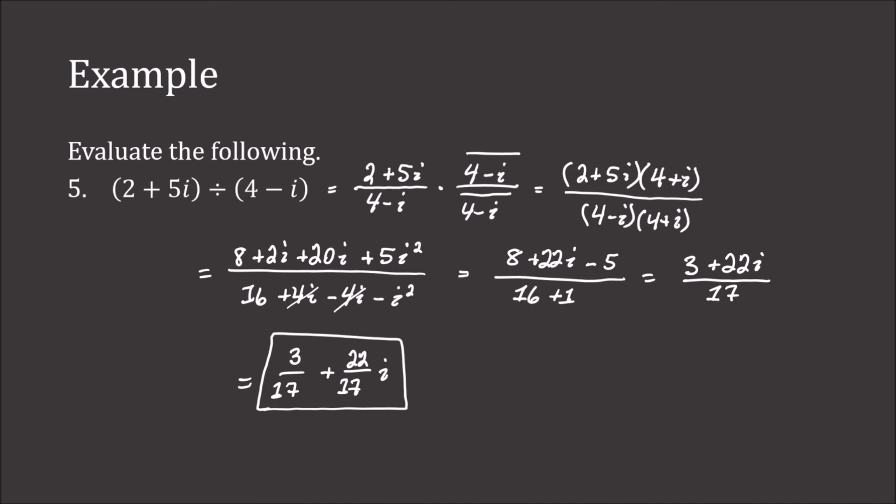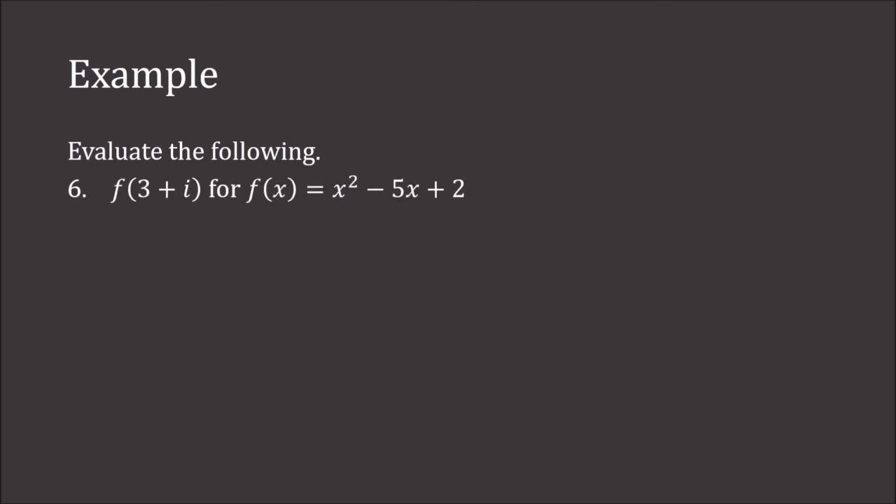We can also evaluate a function at a complex number. So let's evaluate f of x equals x squared minus 5x plus 2 at 3 plus i. So this works in the same way as if we were evaluating f at a real number. All we do is every time we see an x, we replace it with 3 plus i. Minus 5 times 3 plus i, and then plus 2. Now this 3 plus i squared